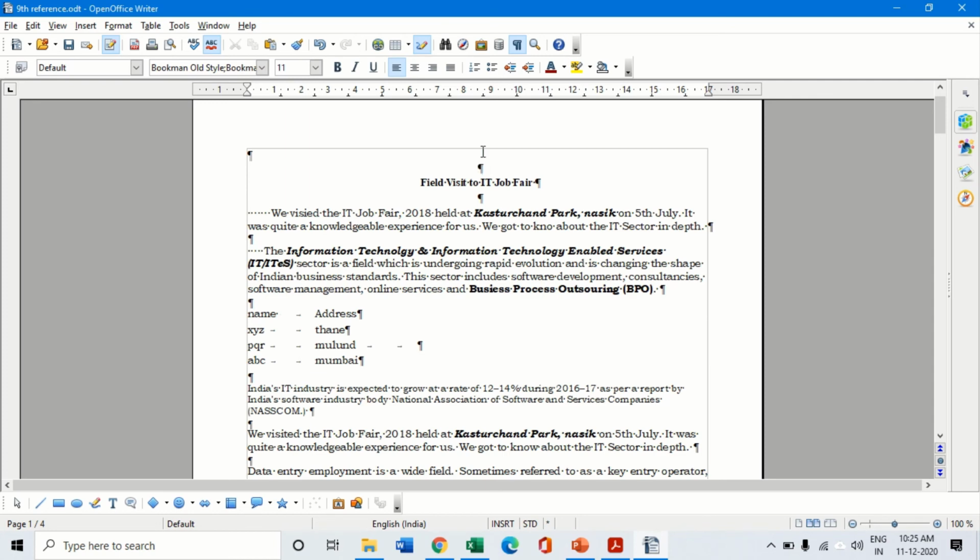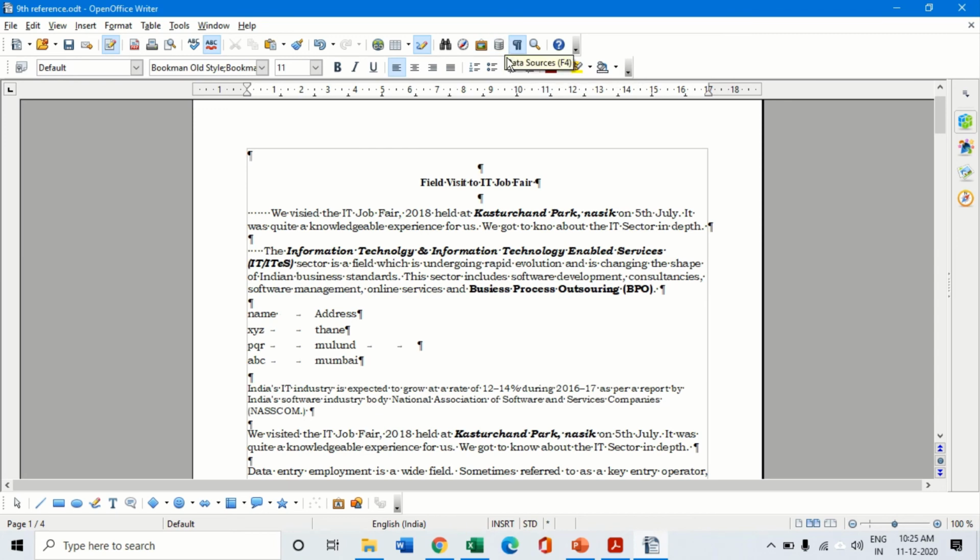So this is the way we can realize the places in our document where the enter key has been pressed. Here is the enter key. Here there are spaces because dots are being displayed, and here also there are multiple space bars being pressed, and here this is the tab key. So these are called non-printing characters.